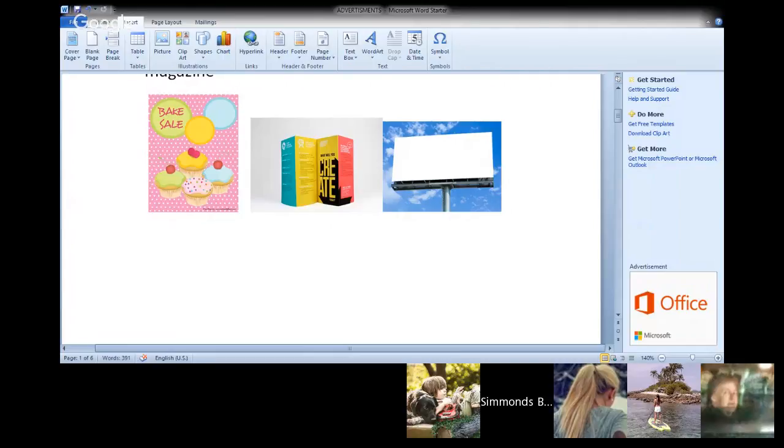And one thing I want to talk about with these three pictures is the difference between them in understanding. Okay, so in the first picture, the bake sale, very quick information. We know what's going on. There are cupcakes, and that's it. The next one, you have to sit down and read this. And so they're probably looking for